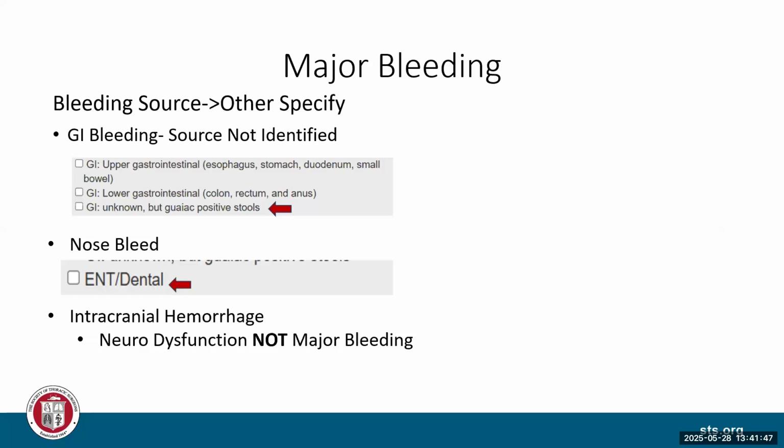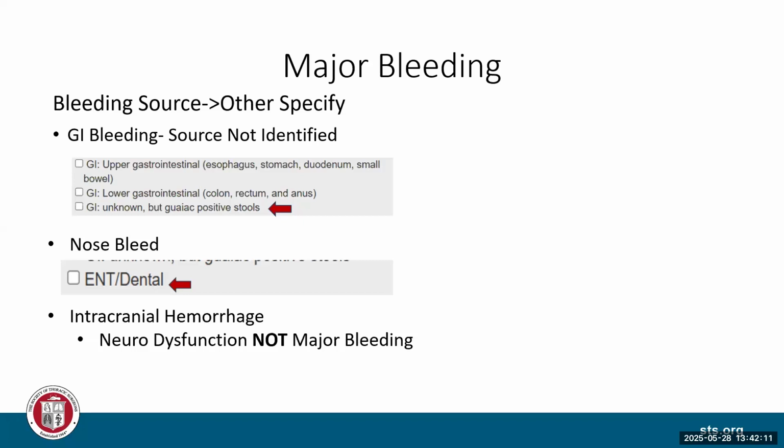I just wanted to point out that we do have an option for GI unknowns. The patient has melena, or they have guaiac positive stools, and it's clear it's GI bleeding, but they go for colonoscopy, or they have a study done and the source was not able to be identified. We do have the option for GI unknown,